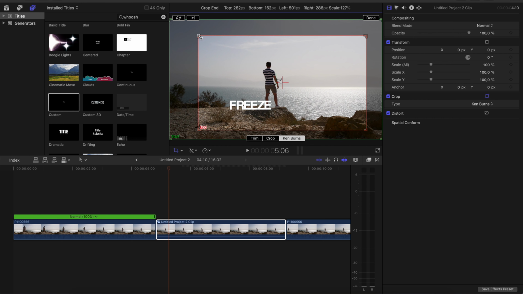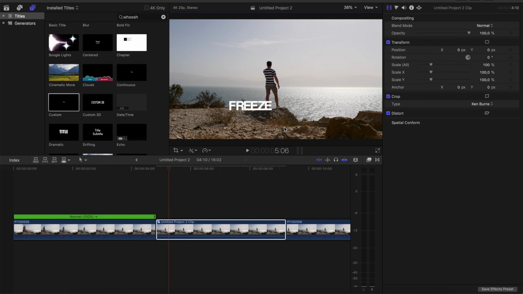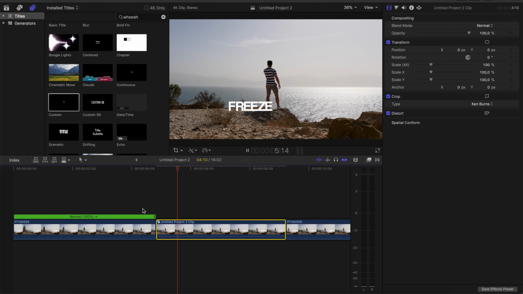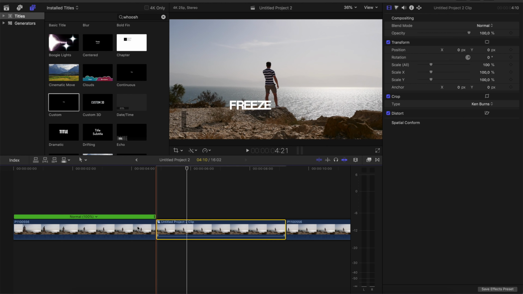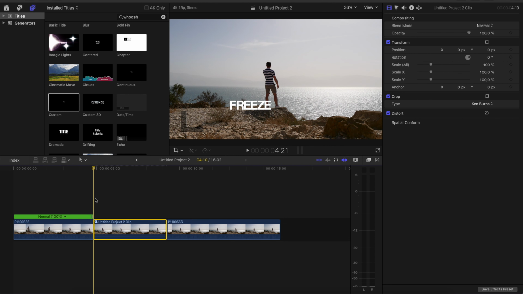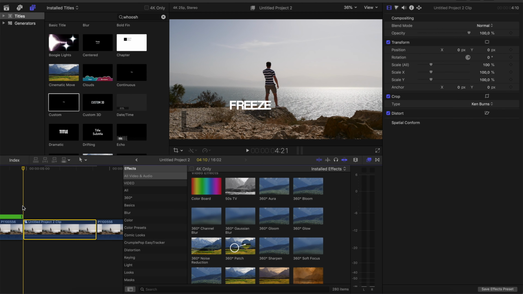Do the framing. So I will make it like this. Click done, and now if we play it we can see the text sticks to its position. Now we already got our freeze effect, but to make it look cooler we need to apply some effects to it. So therefore go over here, and you can actually apply everything you want to your freeze part, but